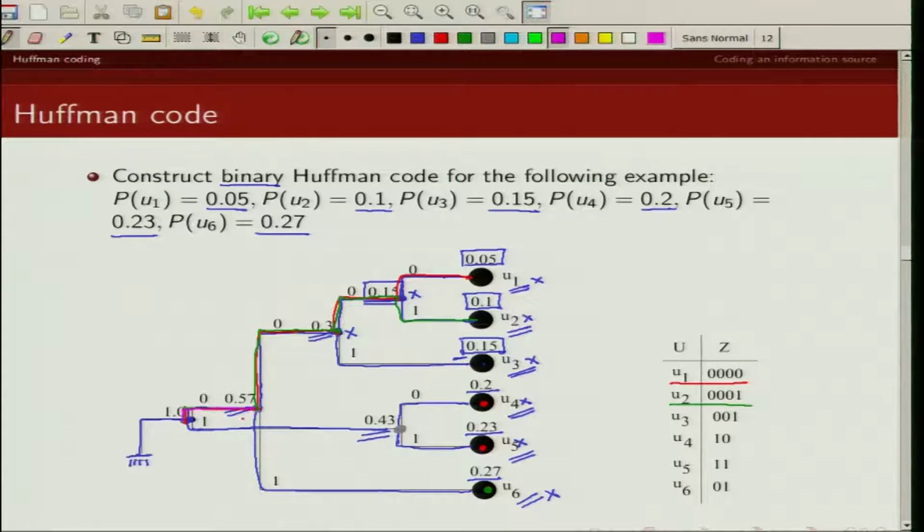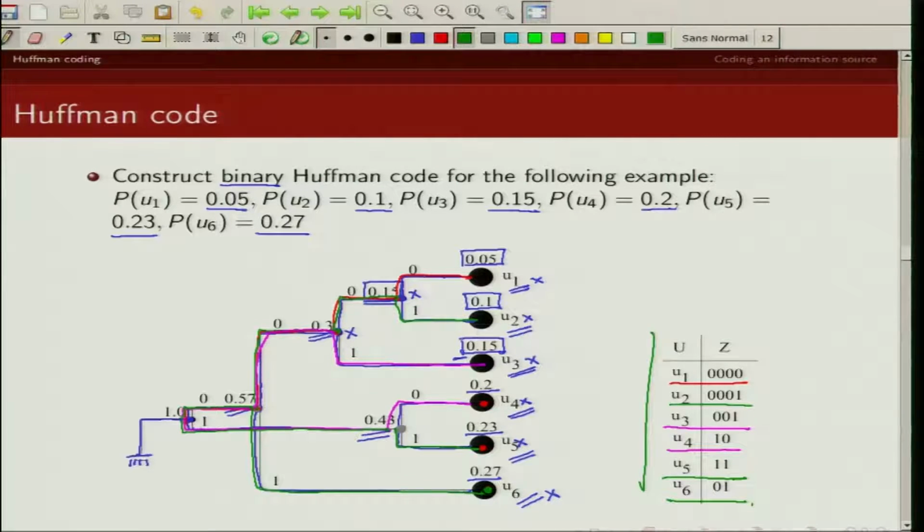That's 0, 0 and 1. That's U3. What is U4? U4 is this one. So that is 1 and then 0. What is U5? U5 is 1, 1. And similarly, what is U6? U6 is this one. So that's 0 and 1.